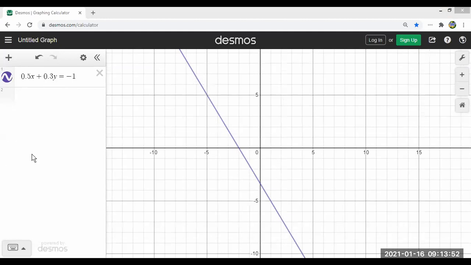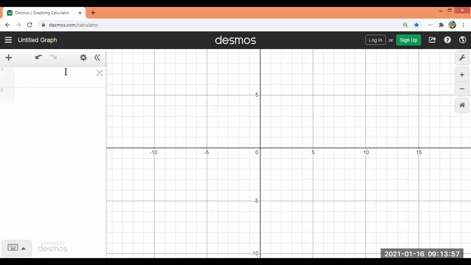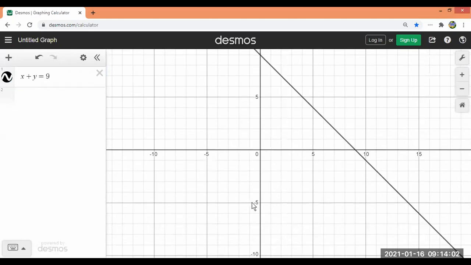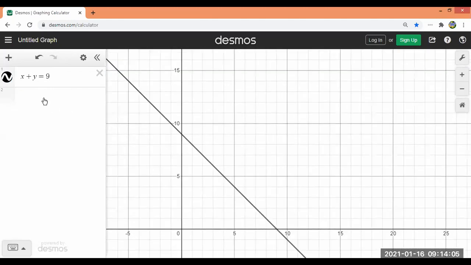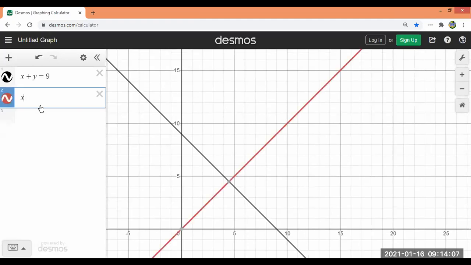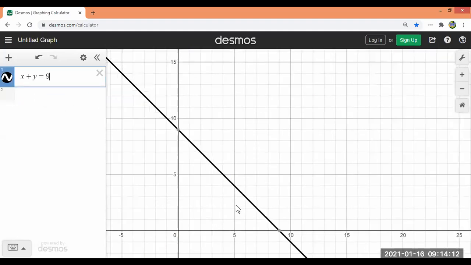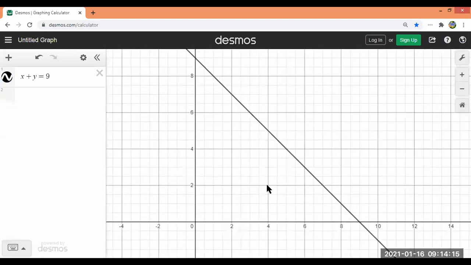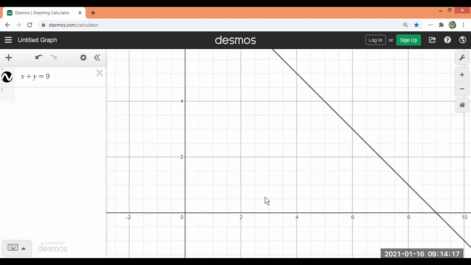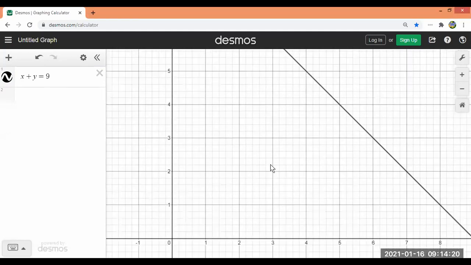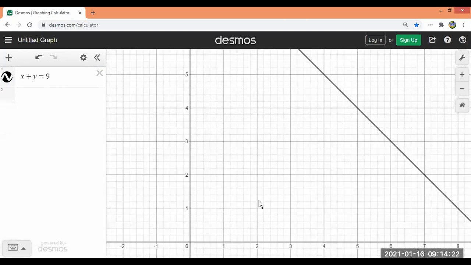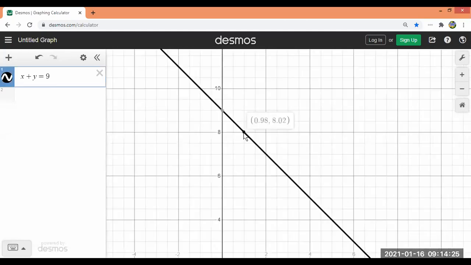And when we say the solutions, if we look at the same question, x plus y equals 9, we were asked to write any 5 solutions. So when we set x equals 1, just check for x equal to 1, what is the value on this graph? If you check over here, this is x equals 1, and if I put a point over here, you can see 1 comma 8.